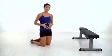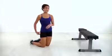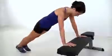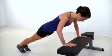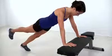You want to make sure that you're really keeping your core tight as you do this and squeezing your glutes as you lift your leg off the ground. To make it easier, you can place your hands on a step or bench, which takes the challenge a little bit away from your core and makes it easier to complete the push-up. Again, you'll lower your chest down towards the step, and then squeeze your glute to lift your leg off the